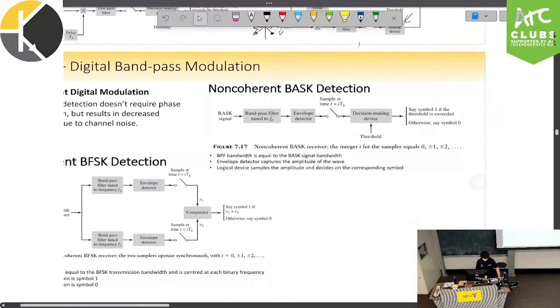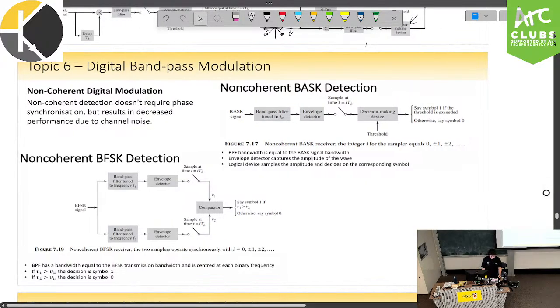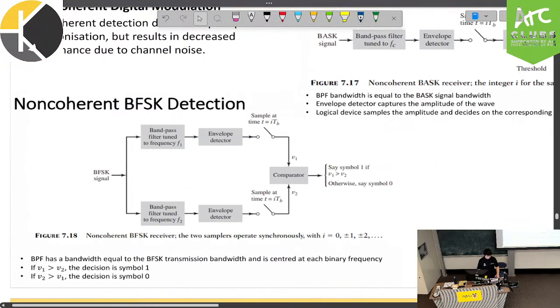Let's think a little bit more on coherent and non-coherent detection modulation. So, as per usual, we like coherency. We don't like coherency because it relies on us being coherent and in phase with whatever carrier. So let's think about how we can go ahead and do it without coherence. So non-coherence. Let's do this. Okay, so